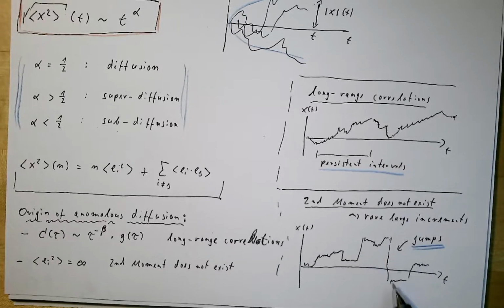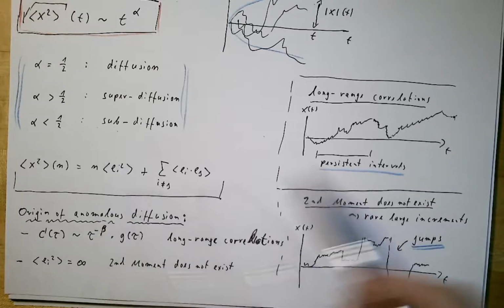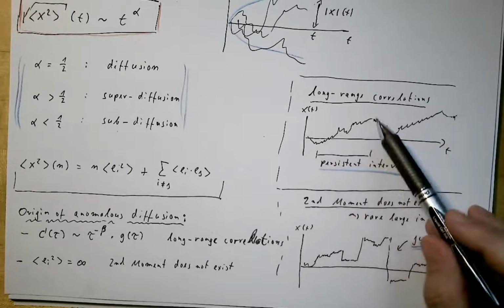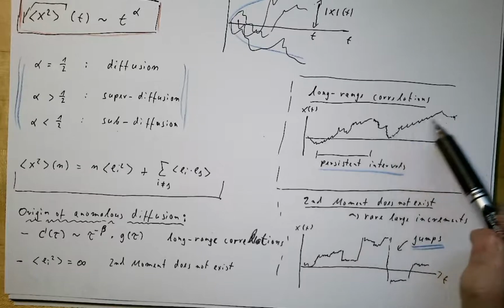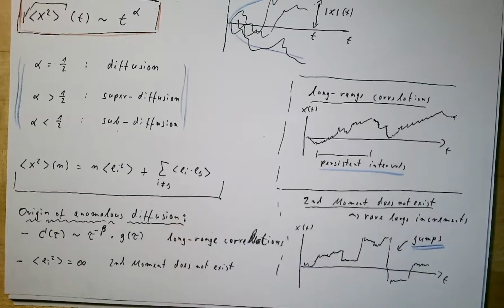The typical behavior will be that most increments are very small, so you see only very small wiggling, but then rarely these large jumps. So if a random walk looks like this, then probably we have the problem in the first term. If the random walk looks more like this, with persistent intervals, maybe we have long-range correlation. So those are two very different mechanisms which can lead to